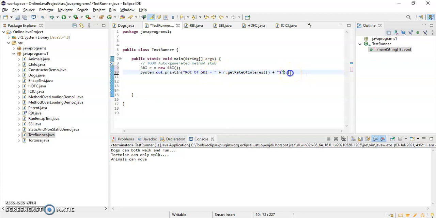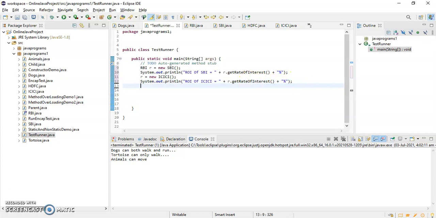In the same way, after that I'll use the same reference variable, but I will assign the object of ICICI, and I'll print rate of interest of ICICI is equal to r.getRateOfInterest. Similarly, again I'll write r is equal to new HDFC, and I will print rate of interest of HDFC.